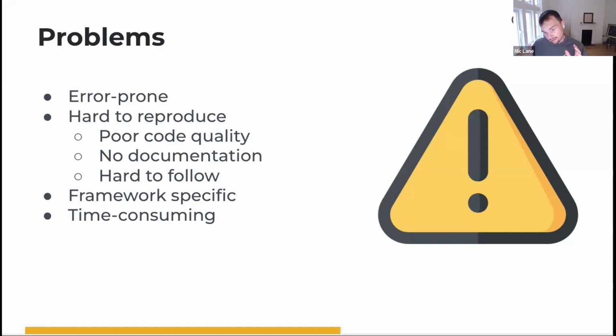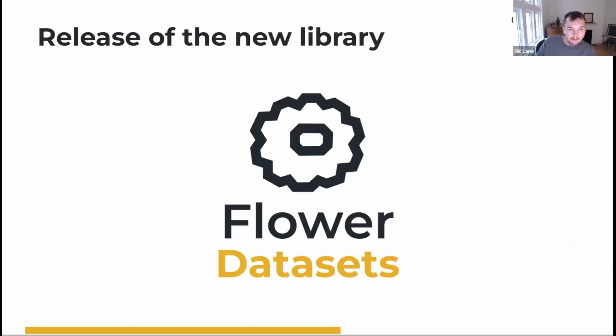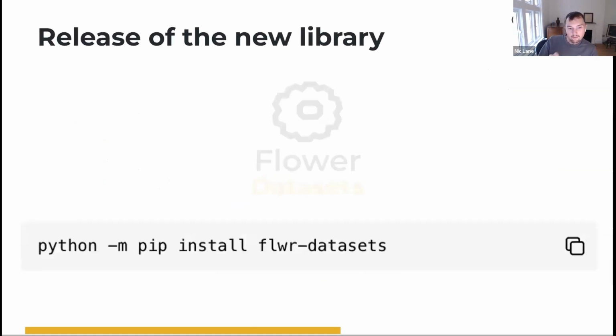And so, as Adam explained, we are hoping to make this a thing of the past with this new capability of the framework that we call Flower datasets. And so Flower datasets can be tested and explored in its preliminary release with just one line of code.